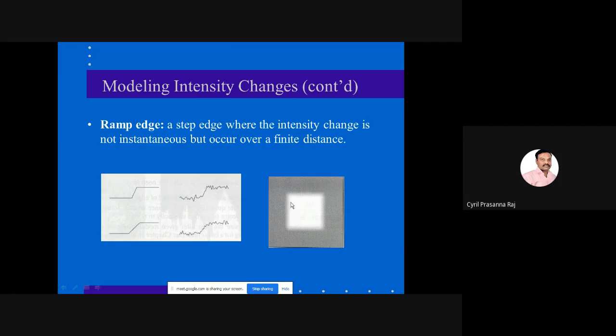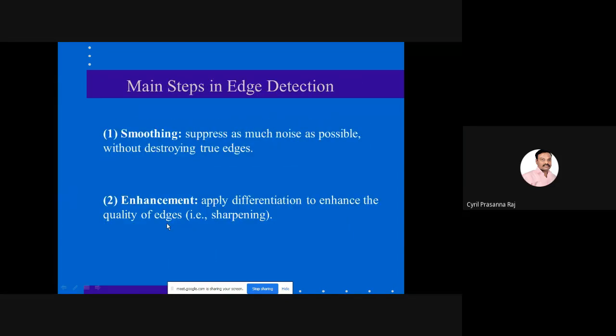We find that this is a ramp edge. There is a ramp change in the intensity levels. We know this is the clear-cut demarcation between the white and the gray object. So we have to make this change in the graph towards the left-hand side. It has to be 0, a sharp ramp, and again completely white. That is what we call the smoothing function.